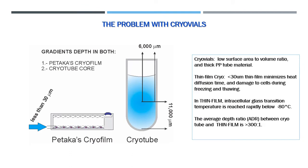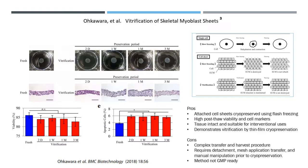The problem with the cryovials is inherent in the design, really. Its major setback is it suffers from a very low surface area to volume ratio. Of course, this makes rapid freezing and vitrification practically impossible. Compare that to the thin film in the cartoon to the left, where you see a monolayer. And if you remove all of the excess liquid, you can achieve very rapid heat transfer, somewhere on the order of 2 or 3 orders of magnitude. So thin film freezing for sheets or monolayers is preferred, obviously, because you can retain the intact